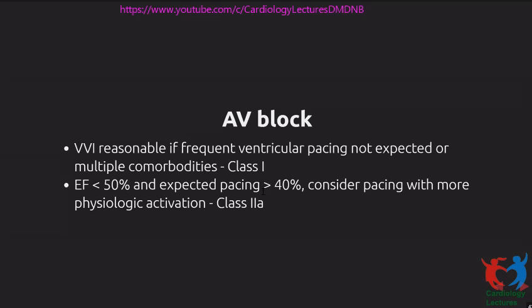In that case, the other option is to use a single coil VDD lead. Now that provides an advantage over a DDD lead because it's a single pass lead, in that you don't need to get 2 axes and put 2 leads. You can just put 1 lead and get VDD pacing. But the problem with a single pass VDD lead is a proportion of patients develop loss of atrial sensing. But this, I would say, is about 10% in the long term. If you're ready to accept that if that happens, the patient is going to go into VVI pacing, that is still an option to consider.